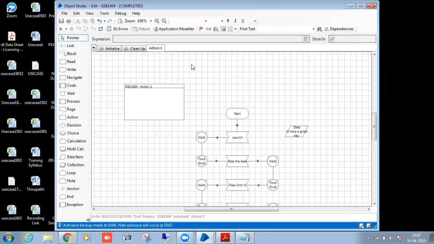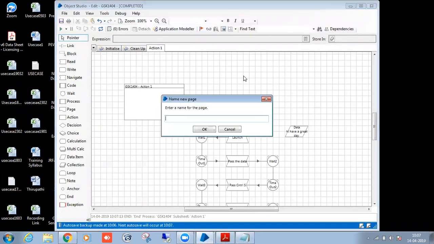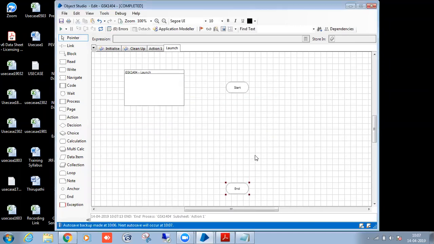Now I will execute this with different data from the process. So we have to make it like that. First I will launch the application. The data and the name I will pass from my process. We should not launch the application directly.